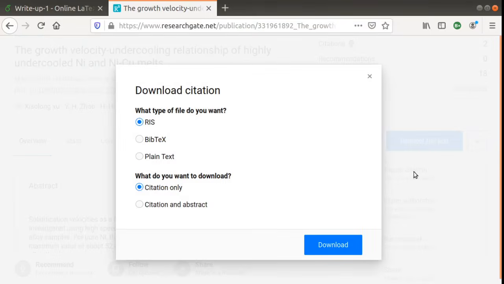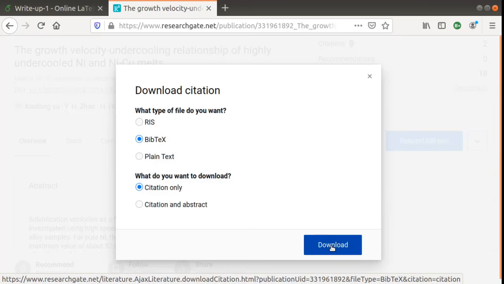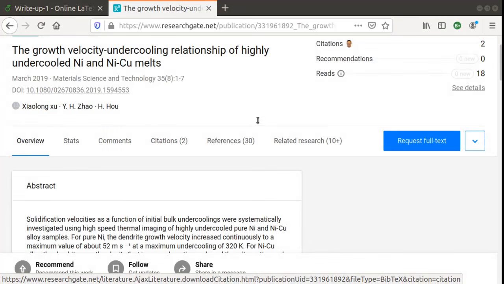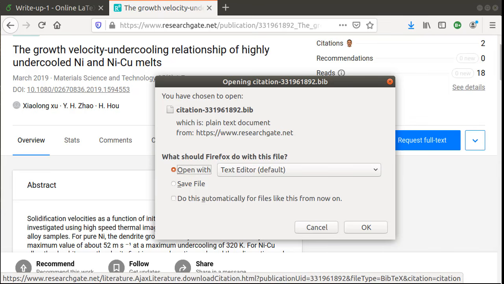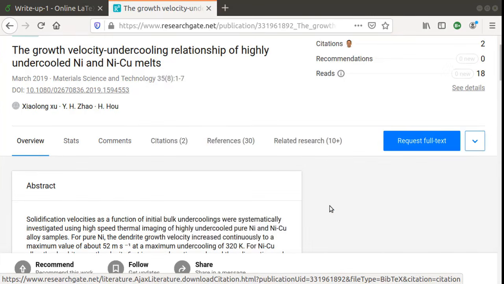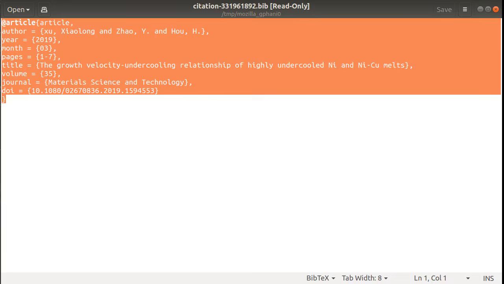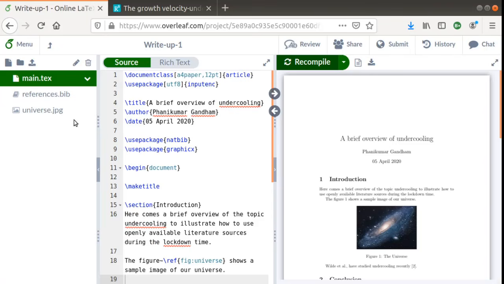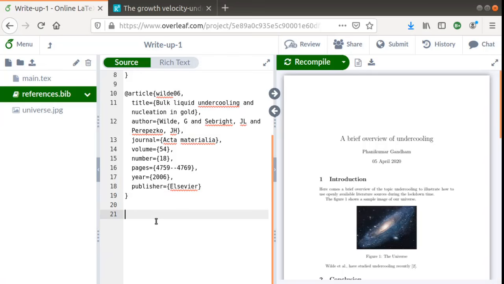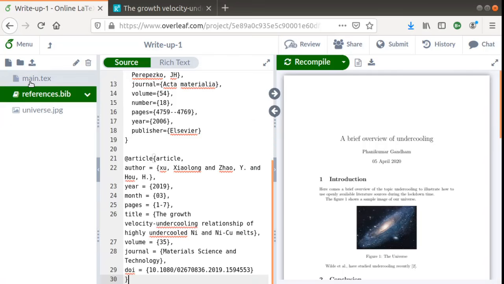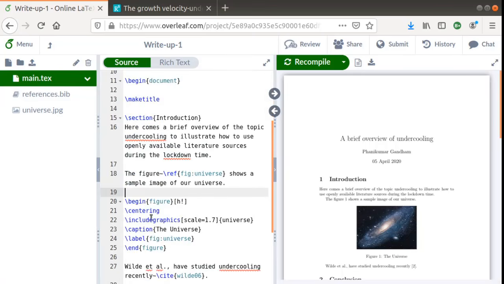Click on that, and you can export the citation in different formats. BibTeX is the format that we choose, and the citation is adequate for us. Now when you click on the download button, it would open a downloadable bib file, and you can open that and copy paste the bibliographic information. So I have done that. I have copied, and here I can paste that information from that file and come to the main file here to make a reference to that, and here is where we make a reference.